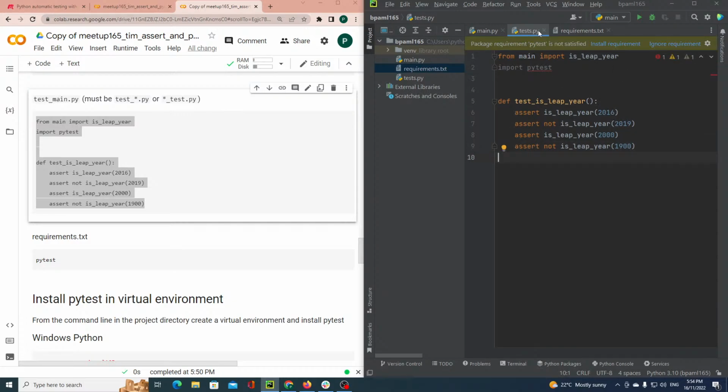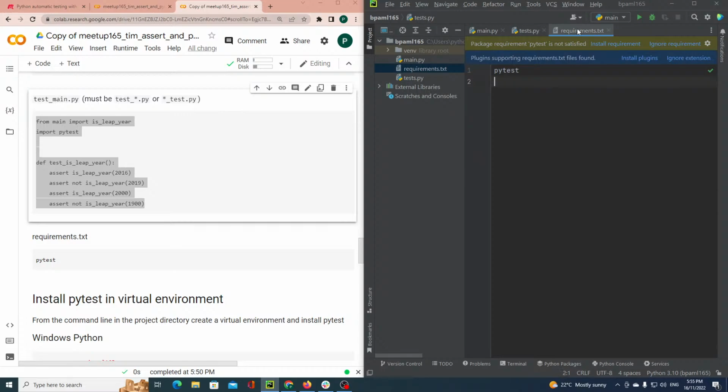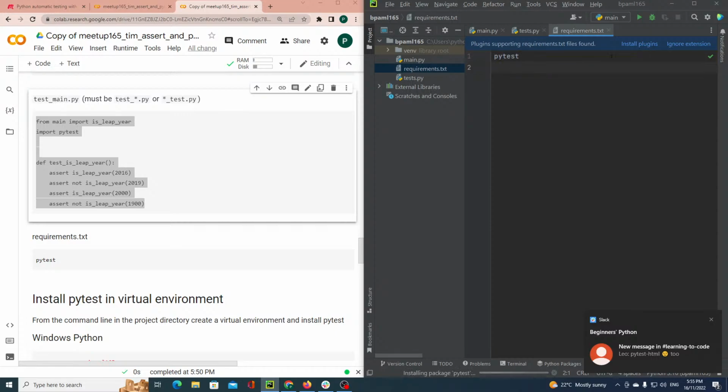Alright, so looking in test.py, I can see that when I try to import pytest, I'm getting an error: no module named pytest. I'm not actually even using it at this stage, but I want to have pytest. I've put it in requirements.txt, and PyCharm very cleverly knows that requirements.txt lists all the third-party modules that I want to install, and so it's asked, do I want to install that requirement? So if I just say yes,